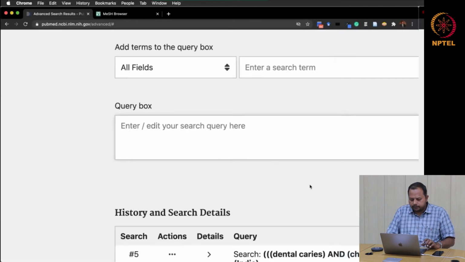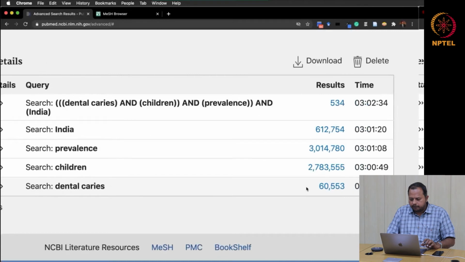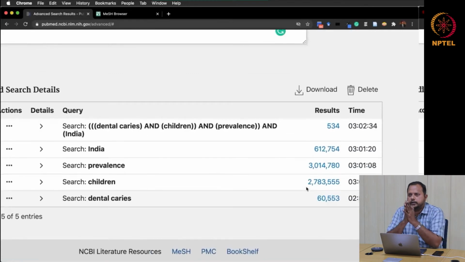So now what do we have? We have nearly 534 articles that talk about that. Okay, right. If you want to drill down more, you can. If you want to add more terminologies, like only preschool children, you can add preschool children.